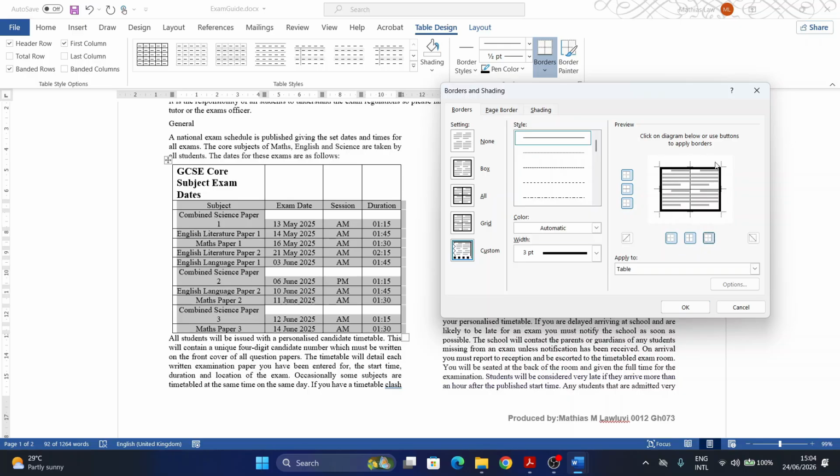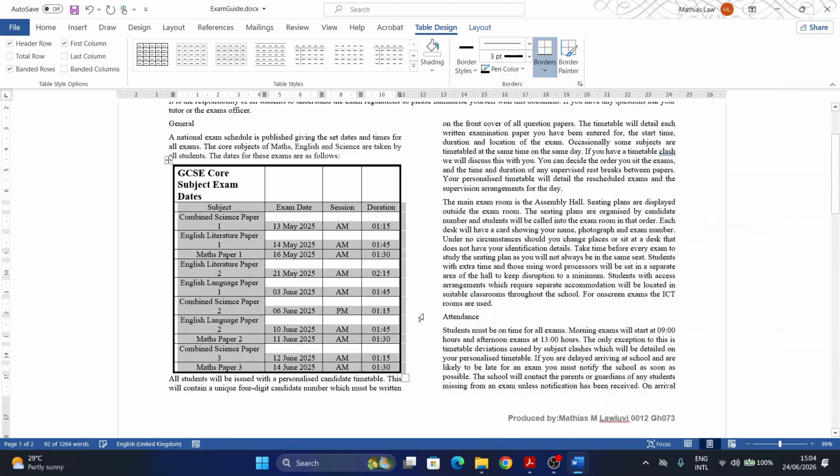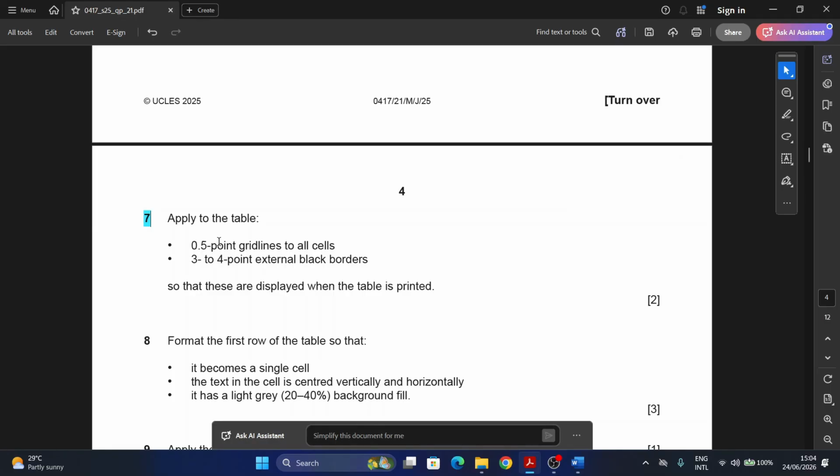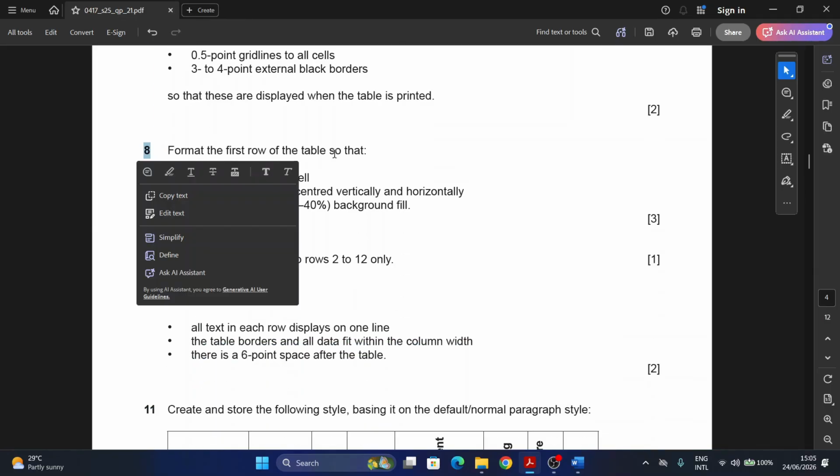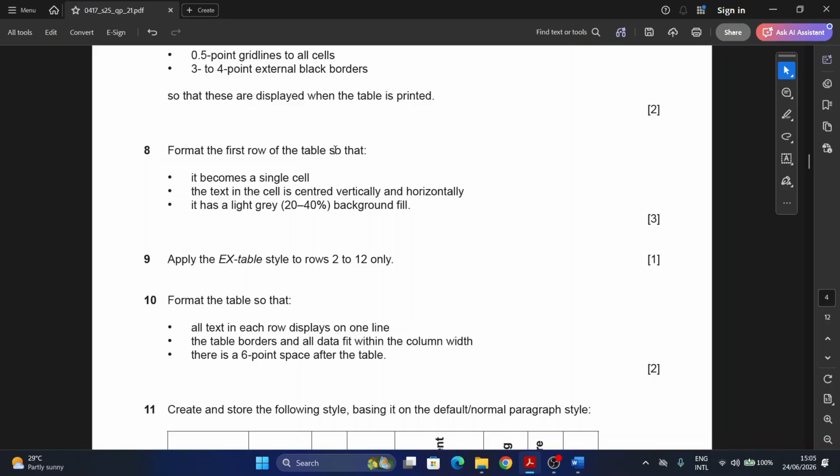So in here we have the external table to have the 3 point as we're looking for, and then the internal one will be 1 point. So we click on OK. So that gives the table the external grade line to be 3, and then the internal one to be 0.5. So that is done. Question 8 says that format the first row of the table so that it becomes single